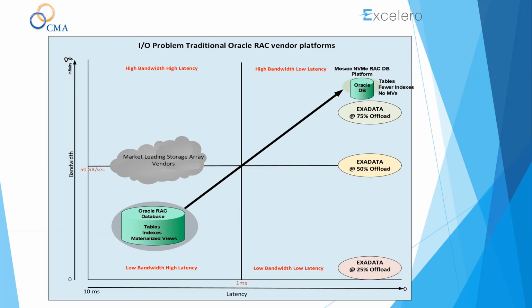If you look at a vendor such as Oracle's Exadata, which is a very good solution, the difference between Mosaic and Exadata is that our solution, we believe, is much more predictable, and it doesn't really rely on very complicated software on the cell server and the storage server to get that